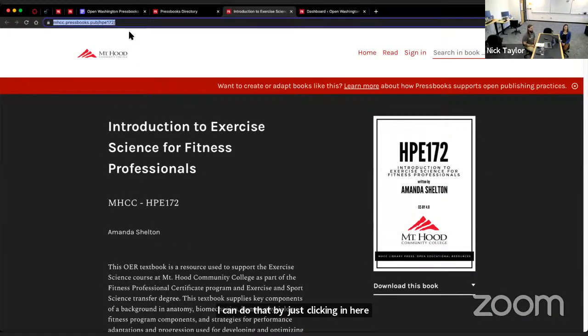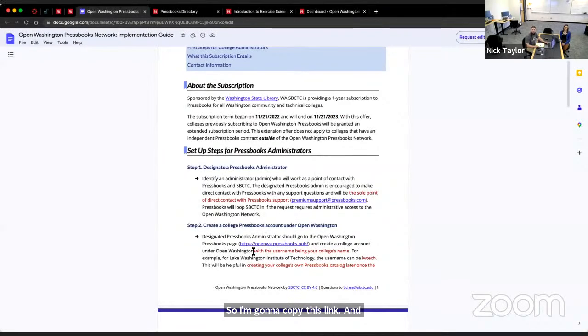And I'm going to need this link. And this is how Pressbooks is going to tie this all together. So I've got Introduction to Exercise Science. I want to use it for my course, but I want to change some things. Obviously, I'm going to change the cover of the book, because I don't teach HPE 172 at Mount Hood. I could do that kind of stuff. So I'm going to copy this link. And now, remember, this was that earlier document. I'm going to go to